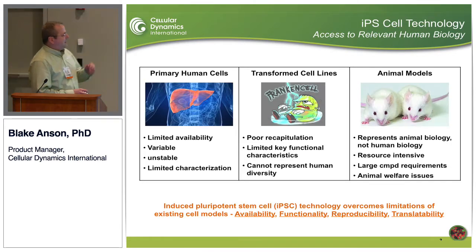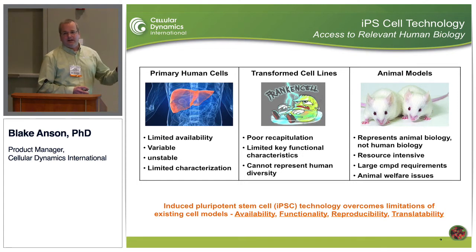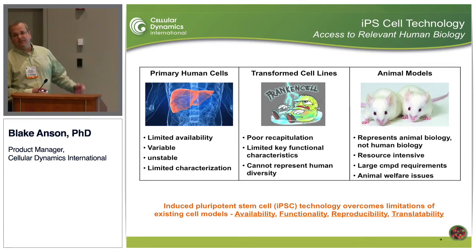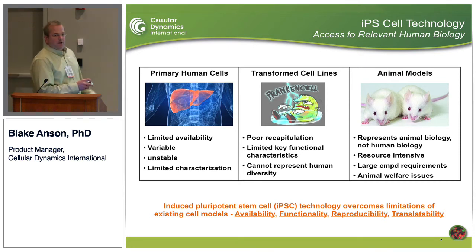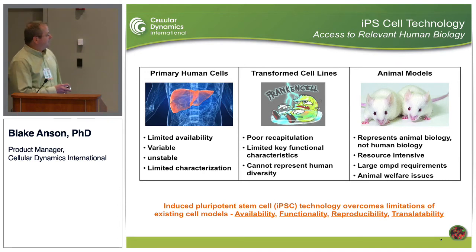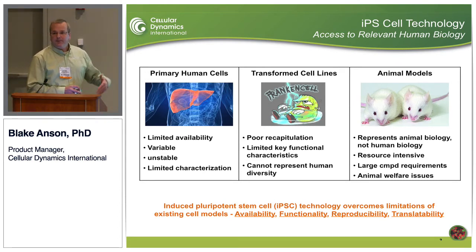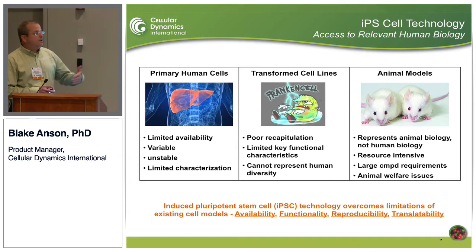If we look at IPSC technology, as I've been saying, it provides us with access to relevant human biology. Many models are already out there, and they all have their uses. We're well aware of those. Primary human cells will give you the biology, but there's limited availability, unknown variability, they're unstable, and they will dedifferentiate